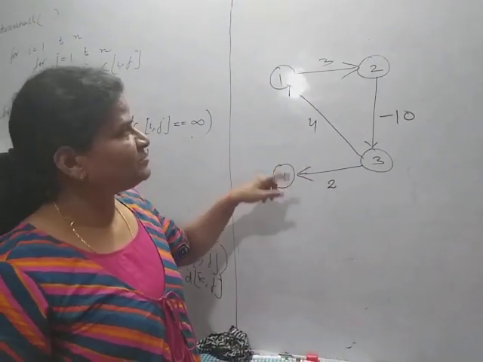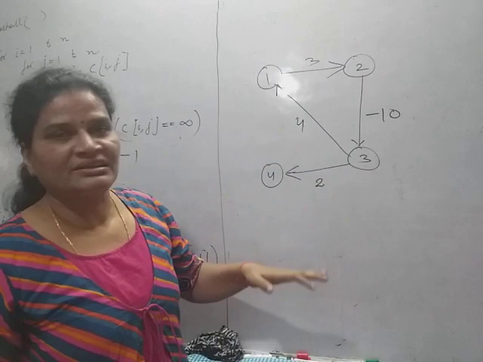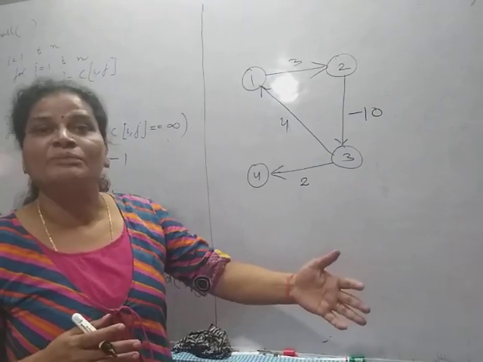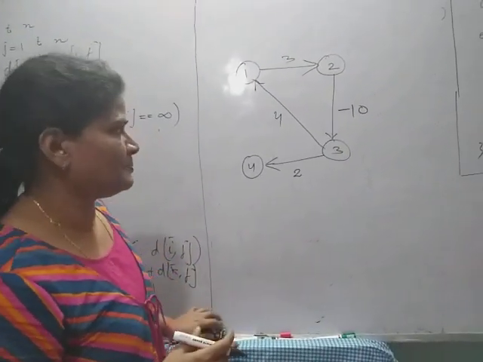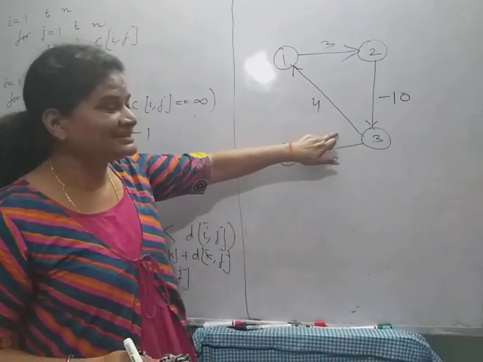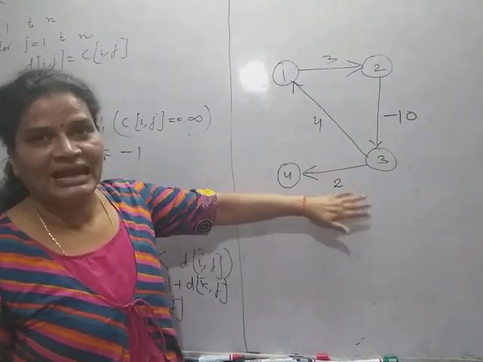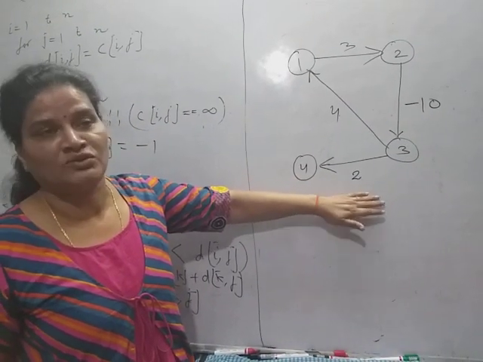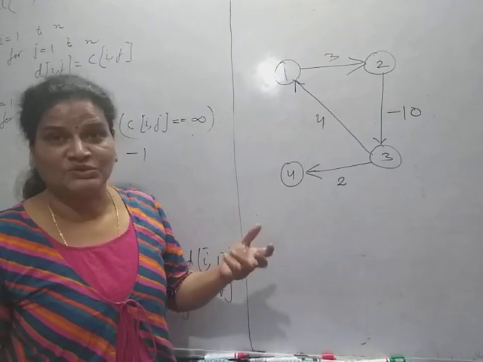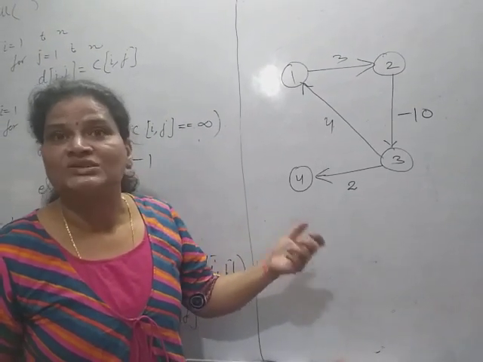Now I am showing the reason for that. Suppose I consider this path again and again, so the path cost will keep reducing and become arbitrarily small, that it can lead to minus infinity. So it does not work properly. Now I will show you that if the graph contains a negative weight cycle, then the Floyd-Warshall algorithm does not work properly. And sometimes the Floyd-Warshall algorithm is used to detect whether in a given graph a negative weight cycle exists or not.